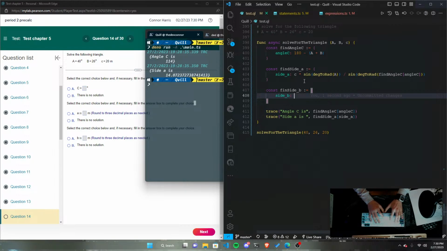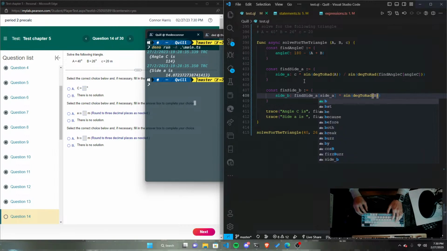So find side A of the computed value of side A times the sine of, we need to convert the degrees to radians, of B,